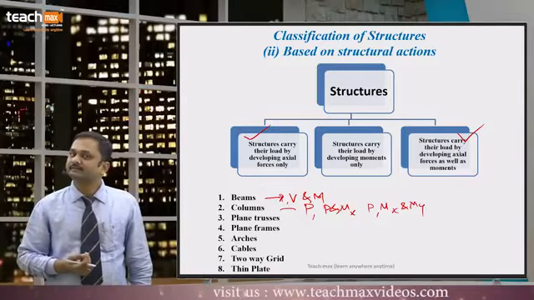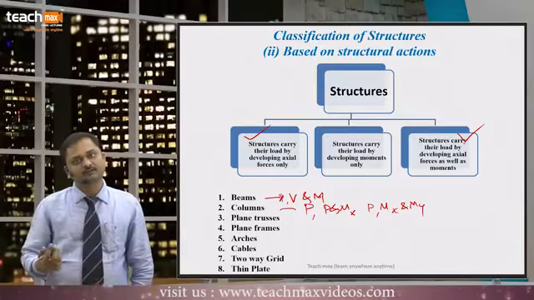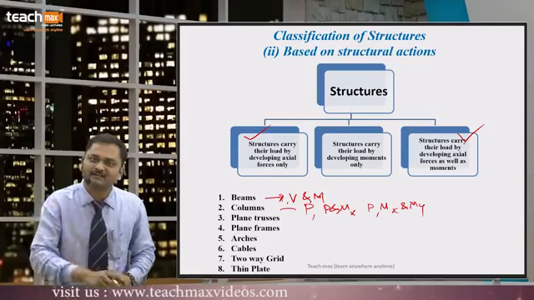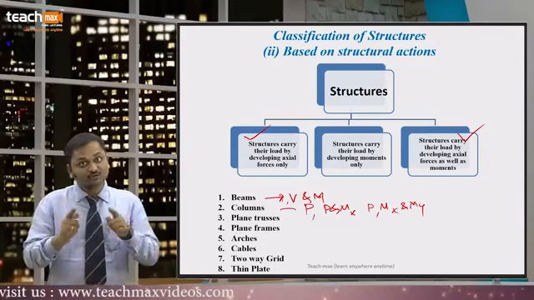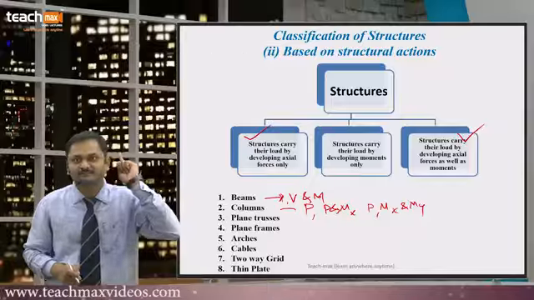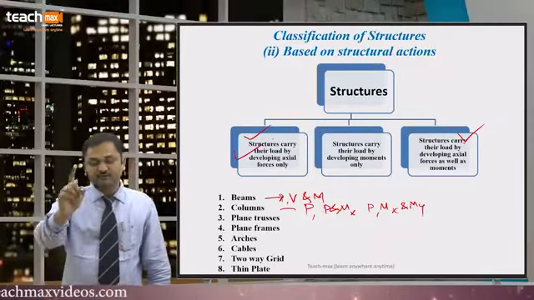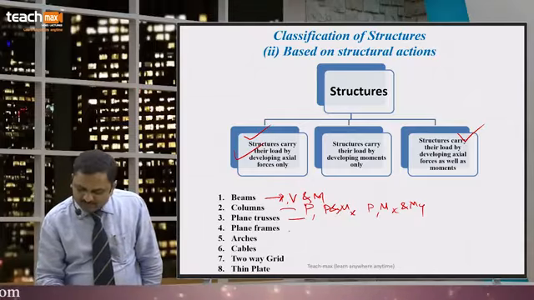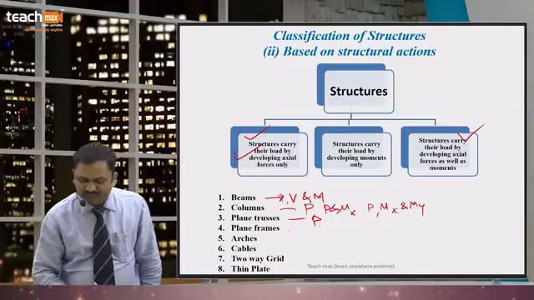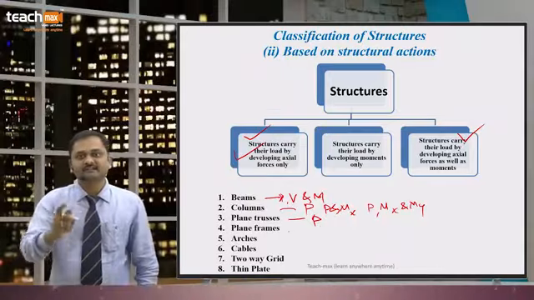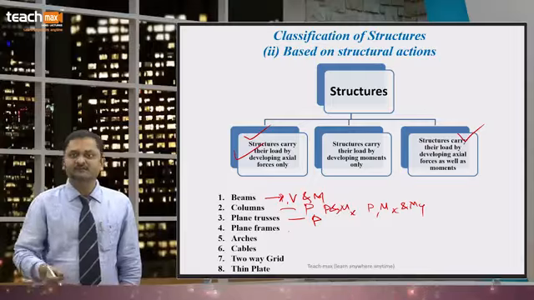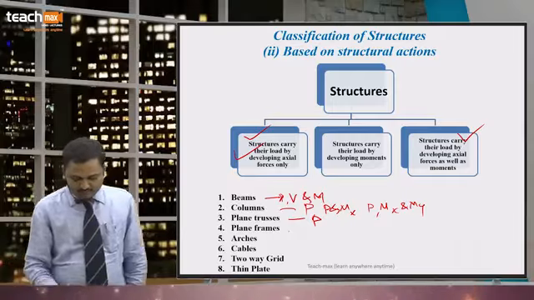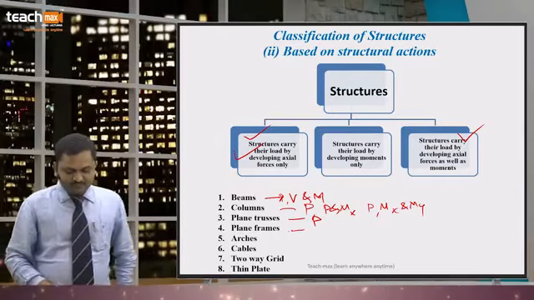What about the plane trusses? Plane trusses carry their load plane हो, स्पेस ट्रस हो, ट्रस में हर मेंबर में एक ही आता है, एक्सियल टेंशन या एक्सियल कॉम्प्रेशन। तो ये purely it comes under first category, the structures carry their load by developing axial forces only. कौन से हैं? प्लेन ट्रस और स्पेस ट्रस, उसमें सिर्फ एक्सियल फोर्स ही आएगा, एक्सियल टेंशन रहेगा या एक्सियल कॉम्प्रेशन रहेगा। तो ये हम एनालिसिस करने भी वाले हैं।